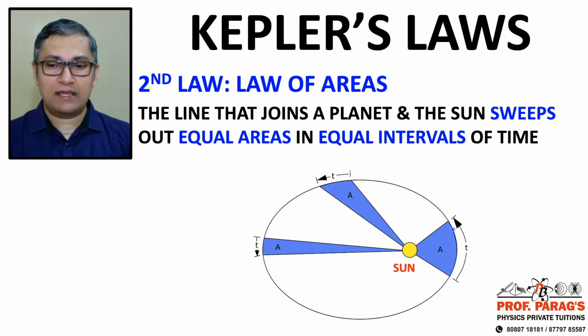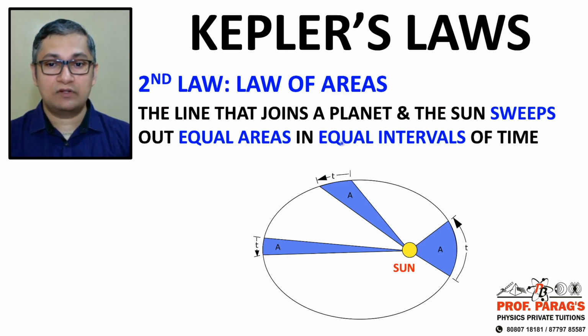Now, after some time, the planet will arrive at this point. So now when I join the center of the sun to the center of the planet, I will get this line here. Now this line will sweep out another area, and you can see the two areas, their shapes, seem to be quite different. They are quite different. But if you numerically calculate the area A,